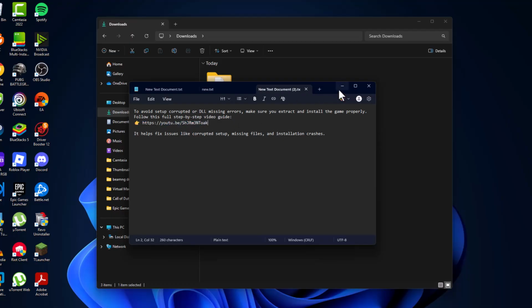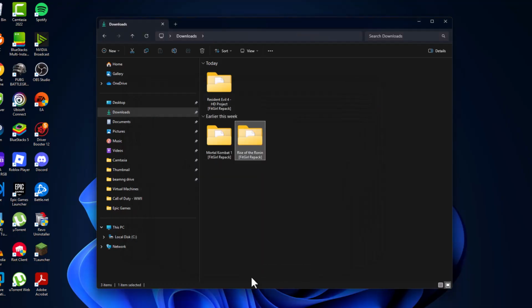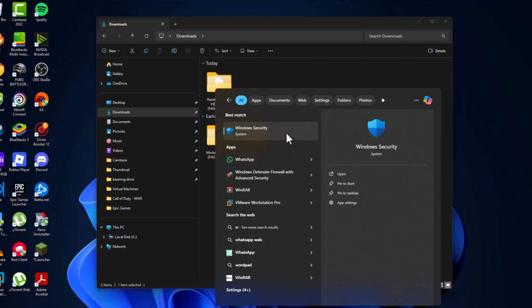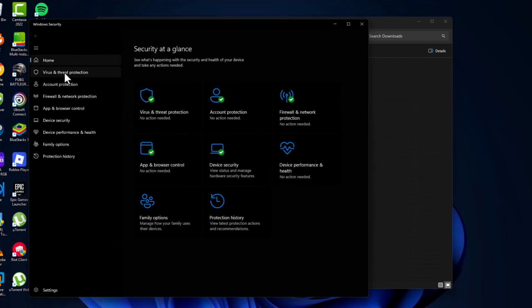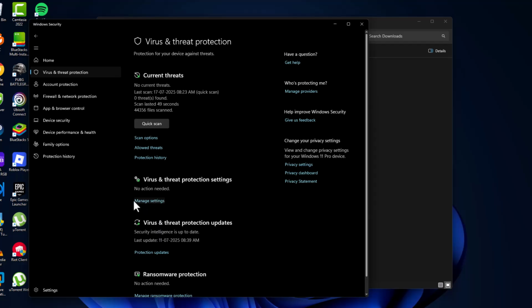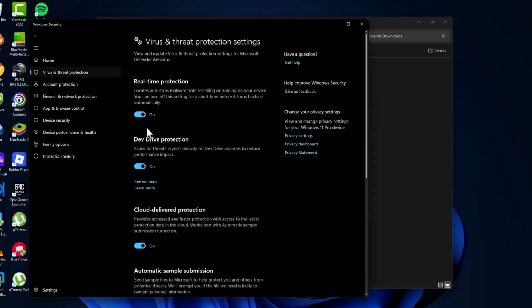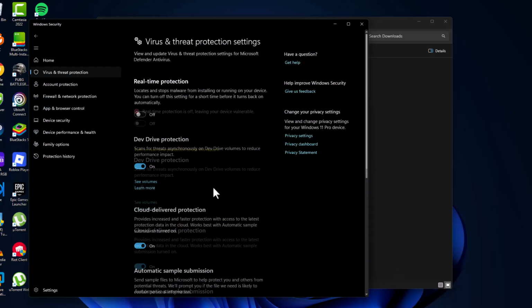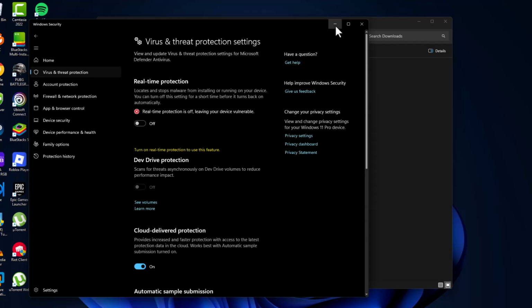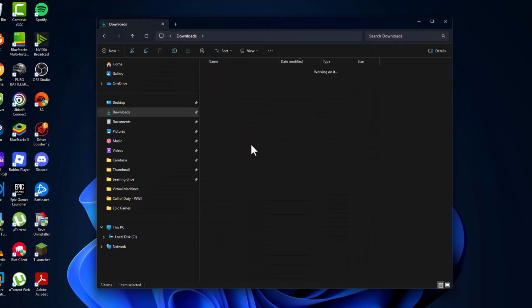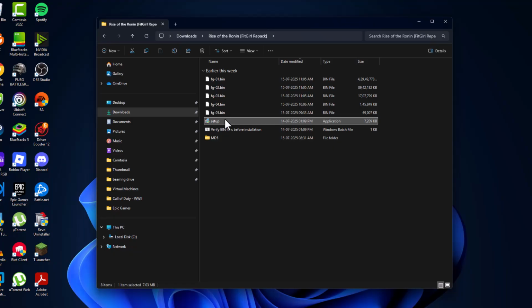After watching this video, you just need to go to the search menu, type Windows Security, and click on open. Select virus and threat protection, select manage settings, turn off the real-time protection, and select yes. After turning off, just minimize this page, double click on the setup folder, double click on setup, and select